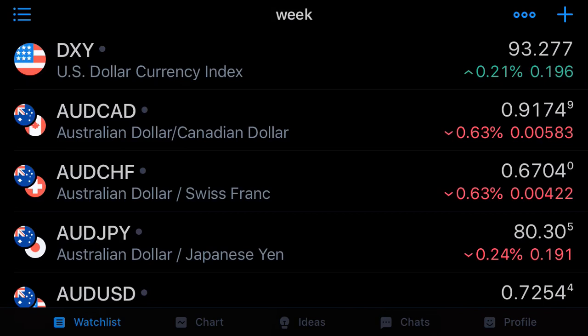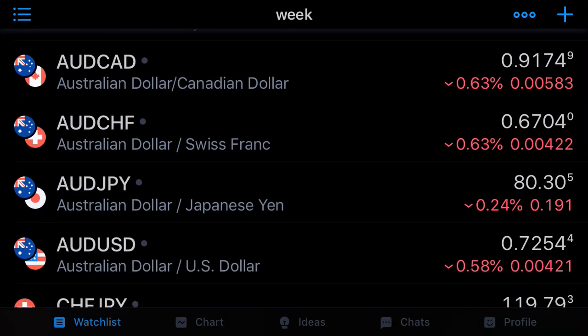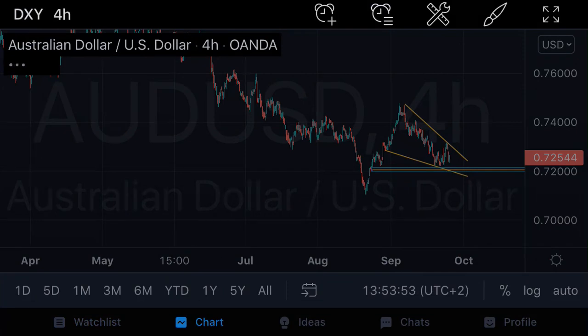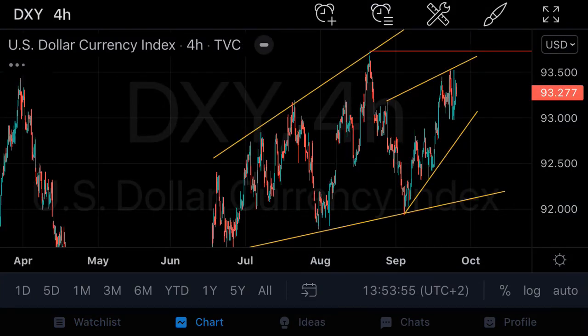And in today's one, guys, we're going to be going through 4 different pairs: the DXY, Aussie Swiss franc, AUDJPY, and Aussie dollar. Now, guys, we're going to get started off with some analysis on the DXY. And if you guys remember last week's weekly market forecast, we were looking for these buys on these AUD based pairs, and we're going to be basically following up on those pairs and seeing how we're going to be managing our bias this week. So before we start off with those AUD based pairs, let's get into the dollar index,